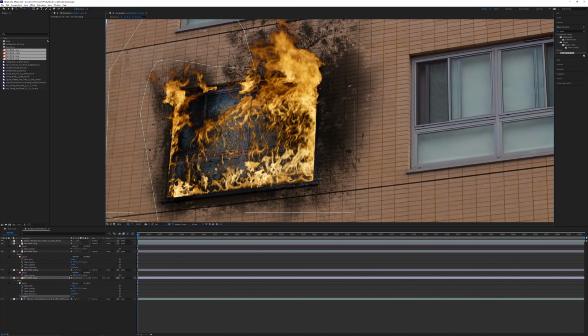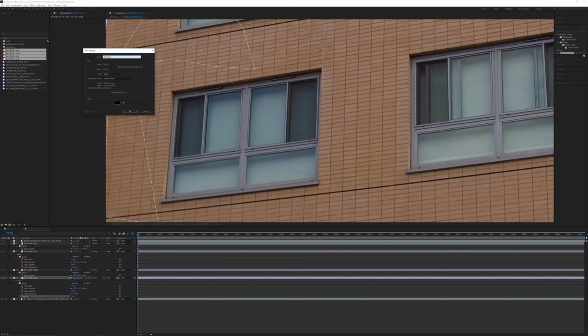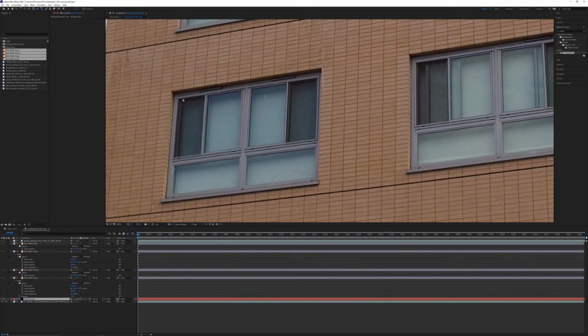Next, what we need to do is kind of get rid of some of these windows and replace it with a darker room. So I'm gonna solo just the plate, then I'm gonna create a new solid. Let's call this like window glow. Grab a mask, and then it's up to you if you wanna keep some of these windows in. What I want to do in this case is just kind of clear out these top pieces, and then I could even combine some of these.